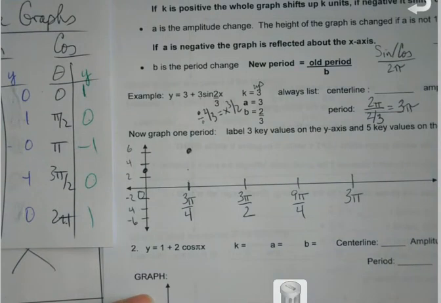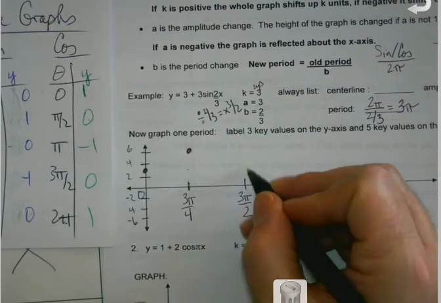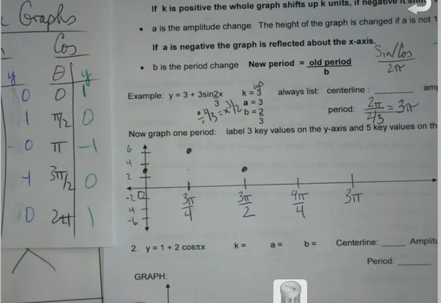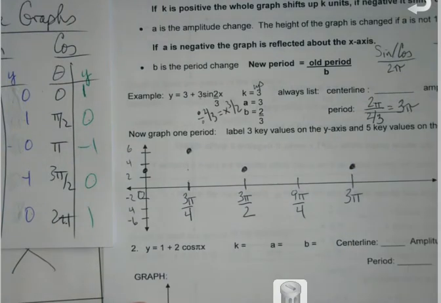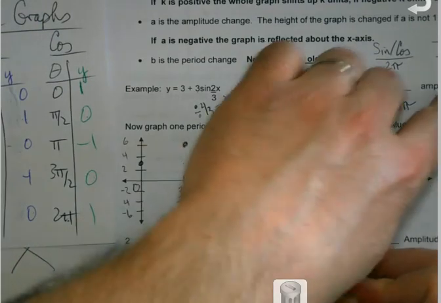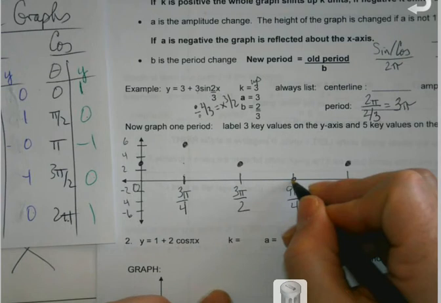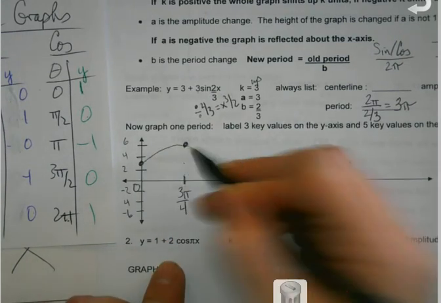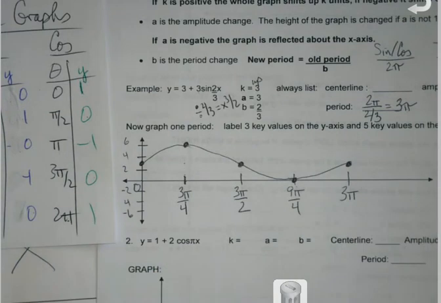And if I understand my pattern well with sine, anytime I see a 0, I know it's going to end up back at 3. And that can save me having to do all the calculations every single time with this. When I do -1, when I get to here, -1 times 3 would get me to -3, but then add 3 back. If you know your base graph,